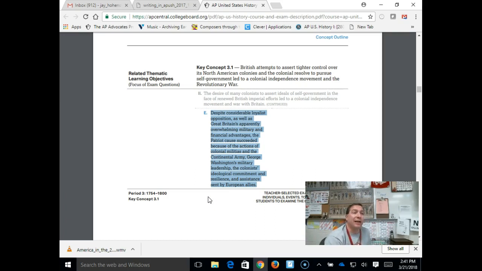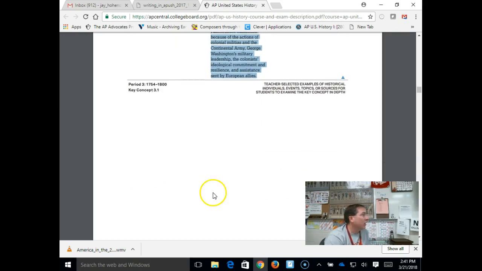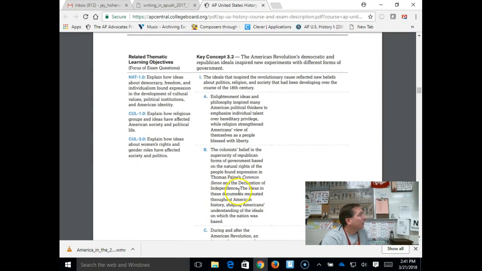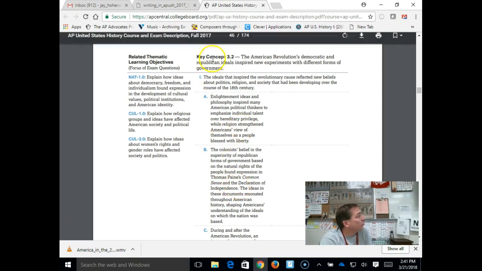It then changes the idea. We're not going back to salutary neglect. Midway through the Revolution, we're trying for something new. And so it's that transition that your DBQ is trying to get to the heart of. Can you actually explain that using specific facts and specific events to draw out that argument inside your writing? Now, when we move to your next section, this is where they're pulling that out.